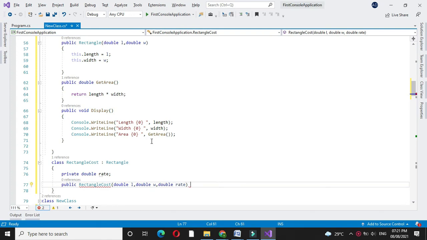Length and width value will be inherited from our base class, L and W. And here for local variable this dot rate we will assign constructor variable.